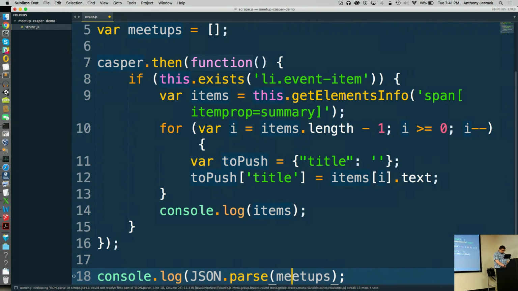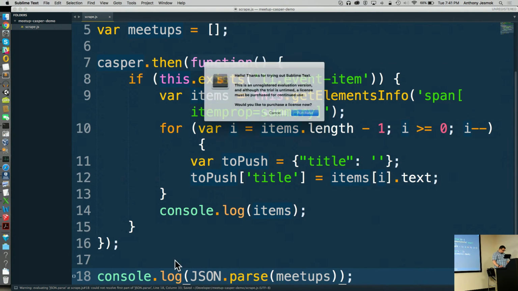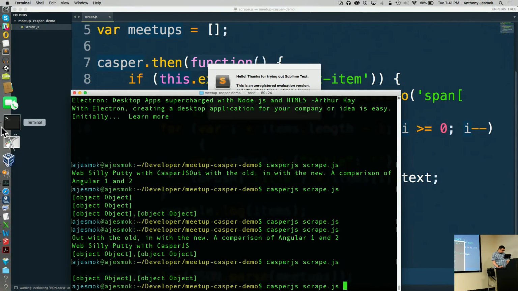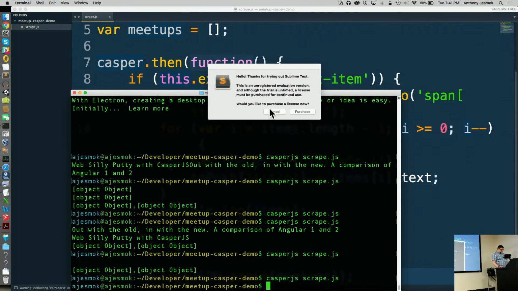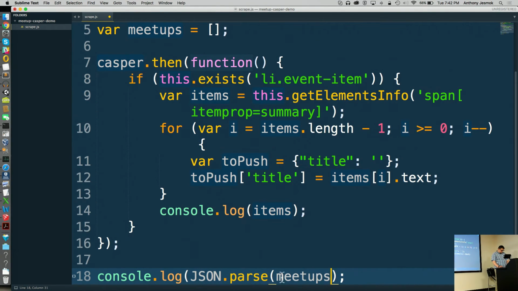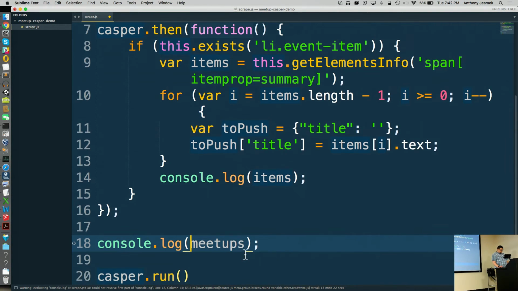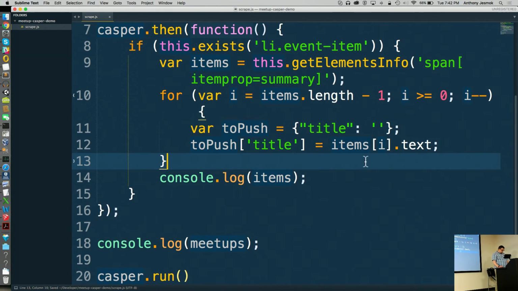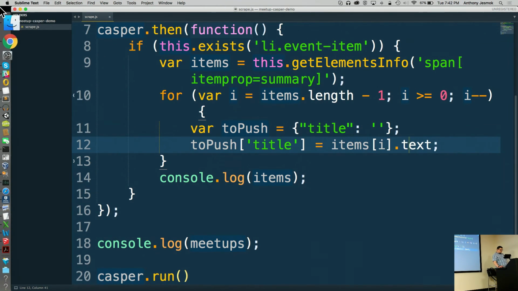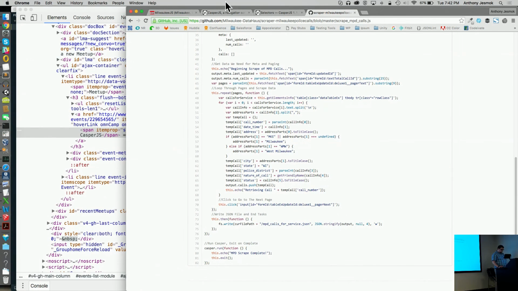We'll see if it works in this line. And it did not. That's okay. So we have two push items, dot text.